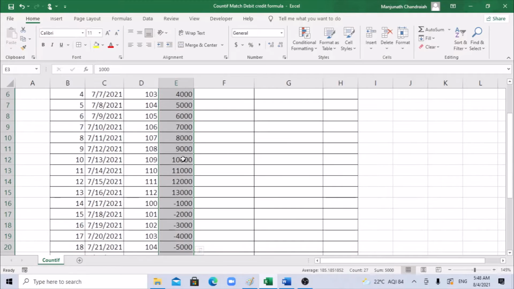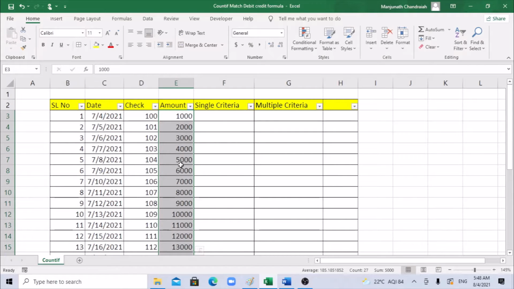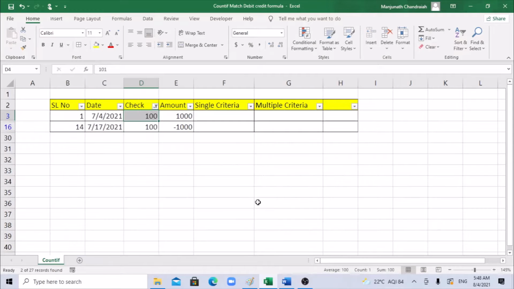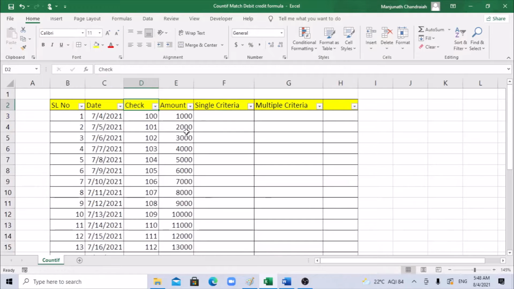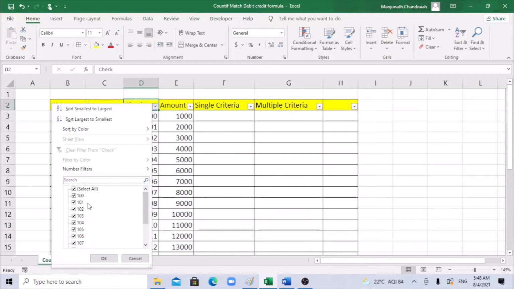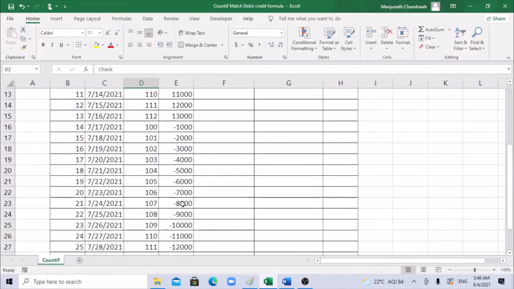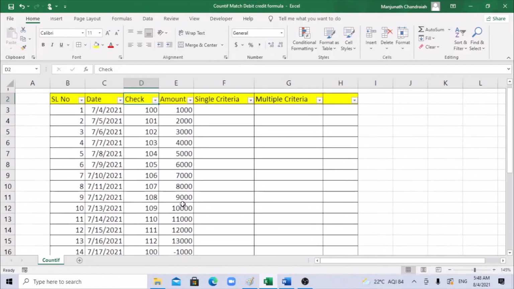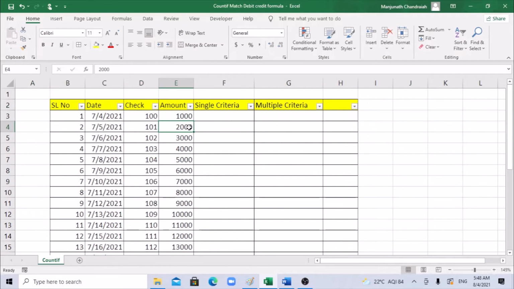There are line items in this which are getting knocked off. For example, let's go by check number 100. We can see this is getting knocked off. The data is small, so we can go one by one and see whether it is getting knocked off or not. But if you have more than 10,000 or 50,000 line items, you need a better way. There are two ways of doing it: using a pivot table, which we'll do later, and we can use a formula to knock off.